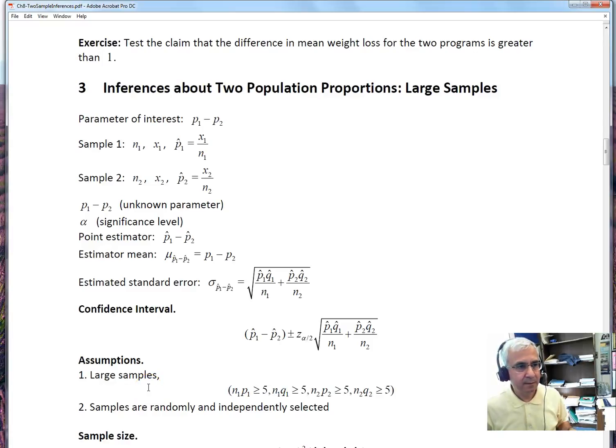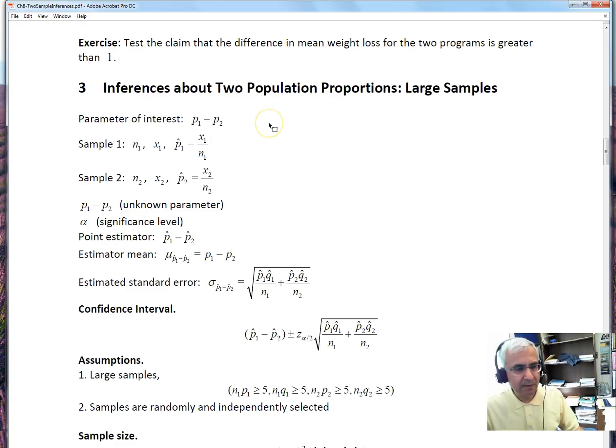Yeah, hi. We continue with the two-sample inferences, or two populations. Today we're going to talk about population proportions when our populations are binomial populations. So we have two binomial populations, and remember, the parameter for a binomial distribution is the